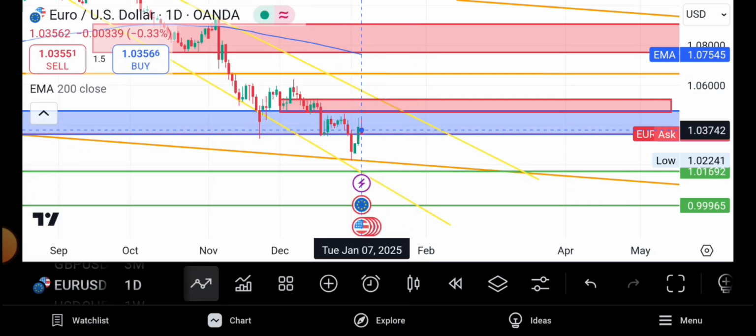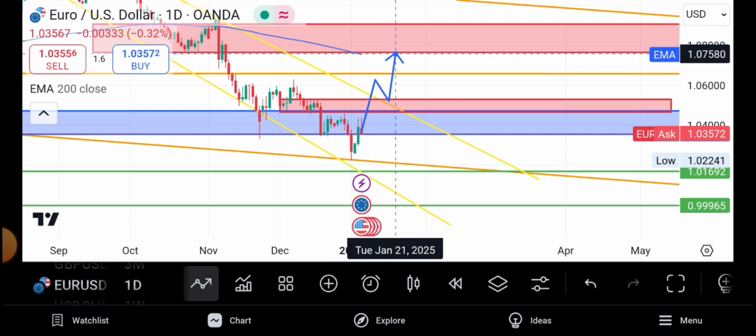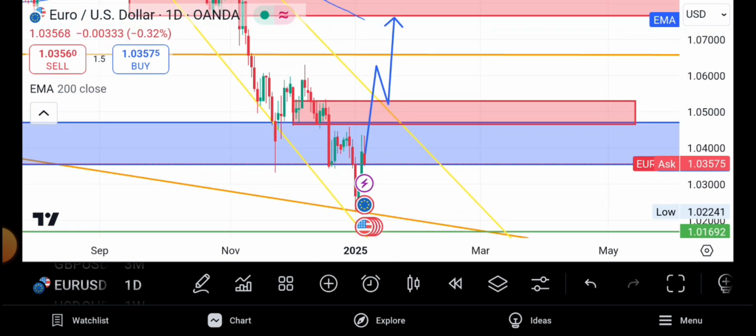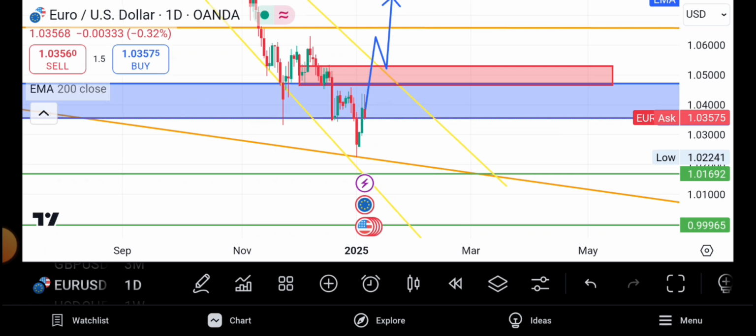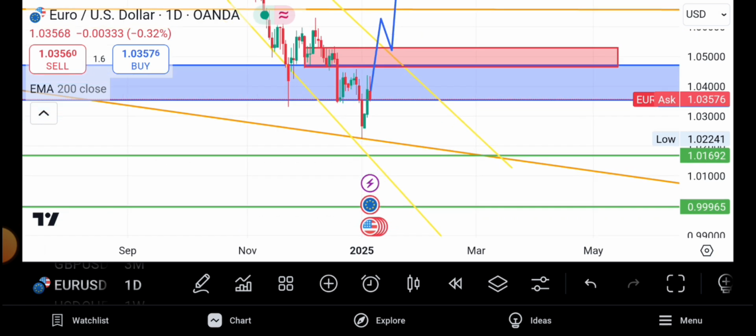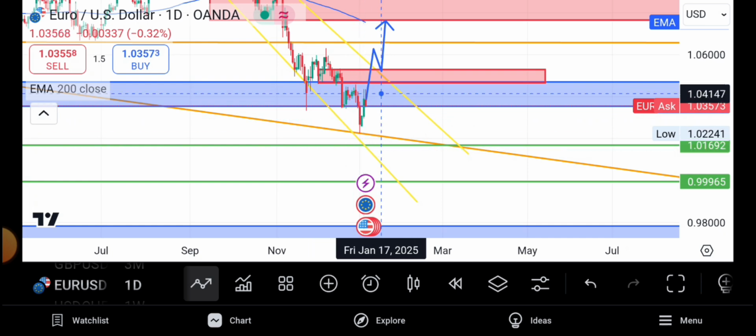So our work is to wait. You have to wait. Euro USD, we have to wait. I know it may take a lot of time, yes, but we have to wait. Either side can work. So the price action might come up to this point. I've told you how we buy it: once it has cleared all this supply zone and broken this resistance, this upward trend line, now we are going to buy. That is scenario number one.